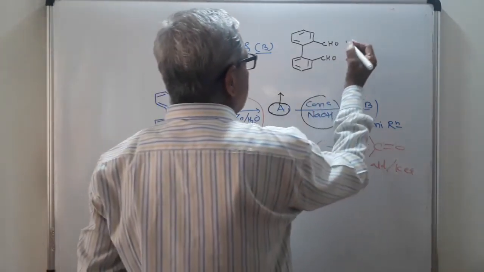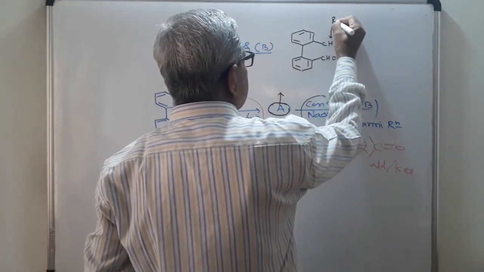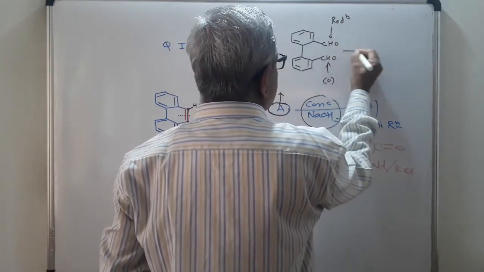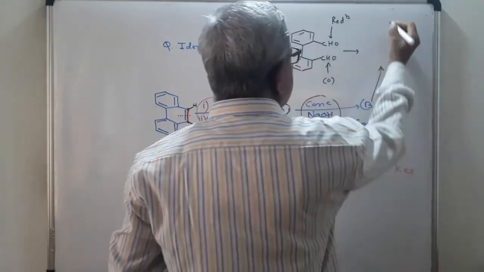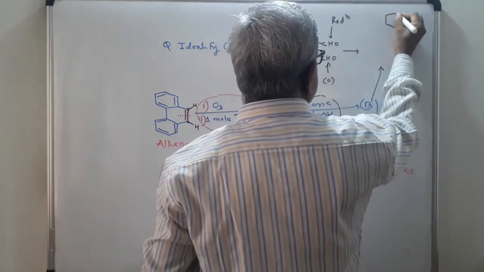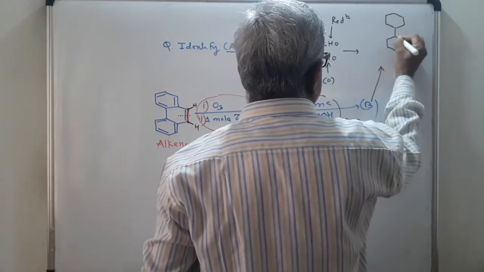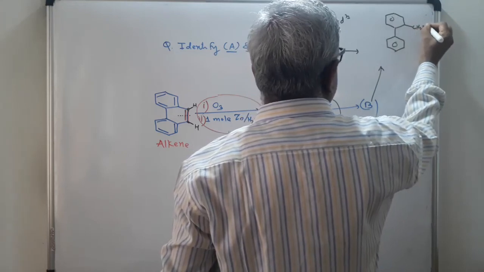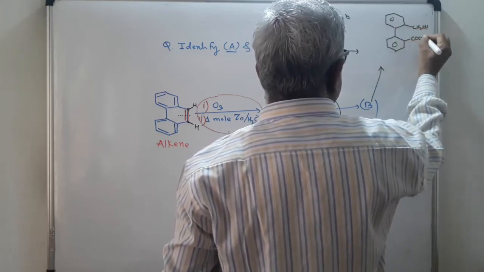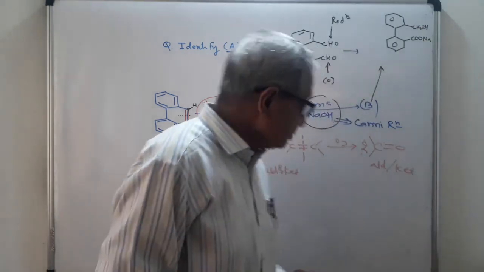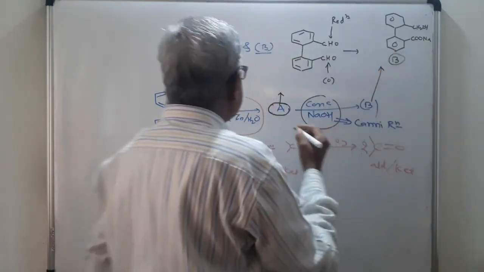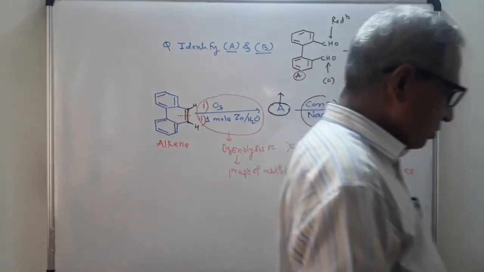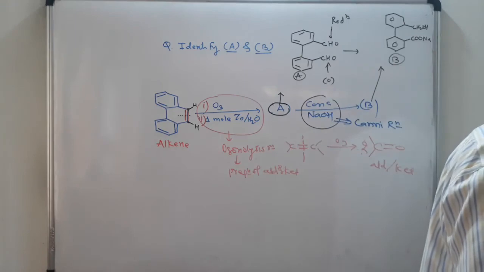So one will undergo reduction and the second will undergo oxidation. So the product B will be like this: benzene ring, here you will get CH2OH, the reduction product, and here you will get COONa, the oxidation product. So this is your structure B, this is your structure A. In this way we can prepare a complex question on the Cannizzaro reaction.